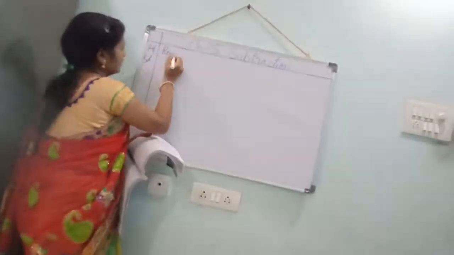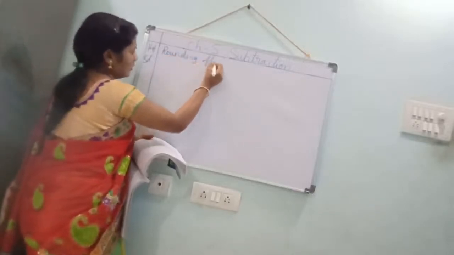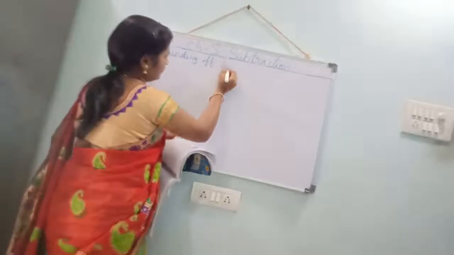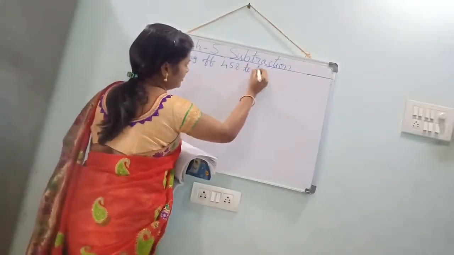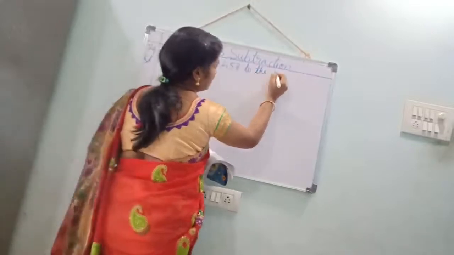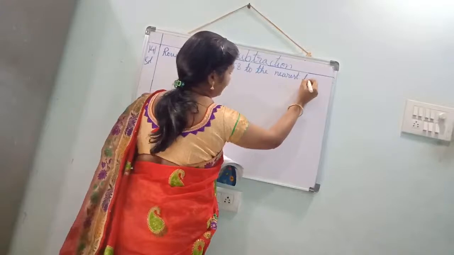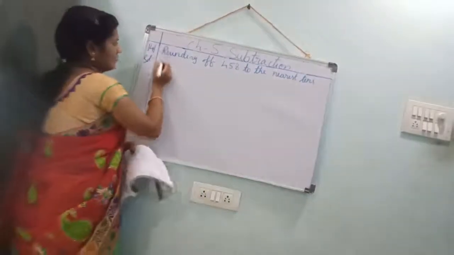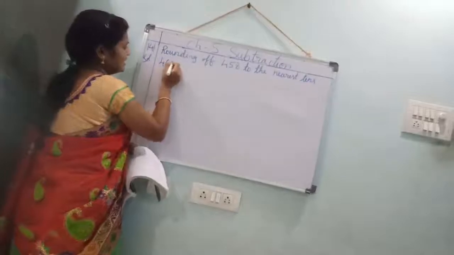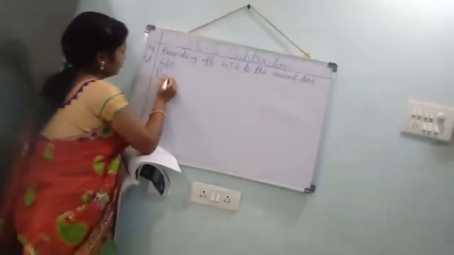First, rounding of 458 to the nearest tens. See, 458 nearest tens. 460. Yes. Next, rounding off